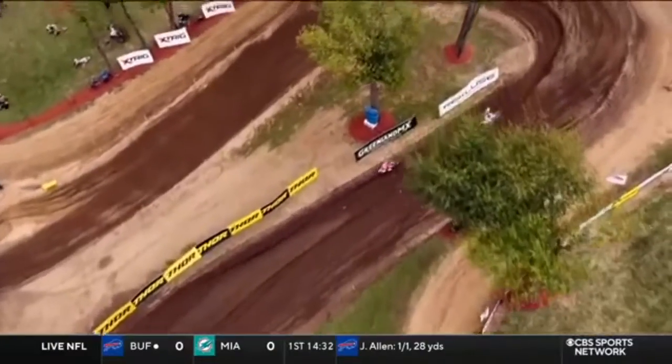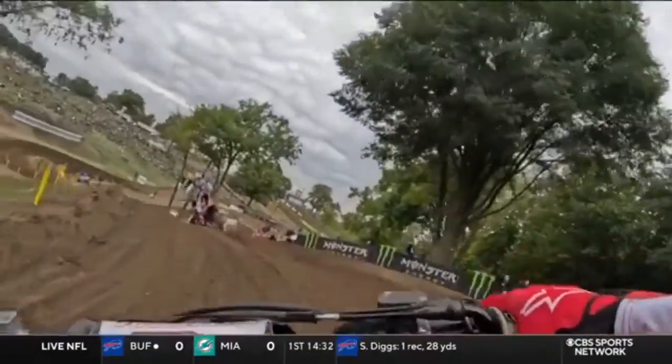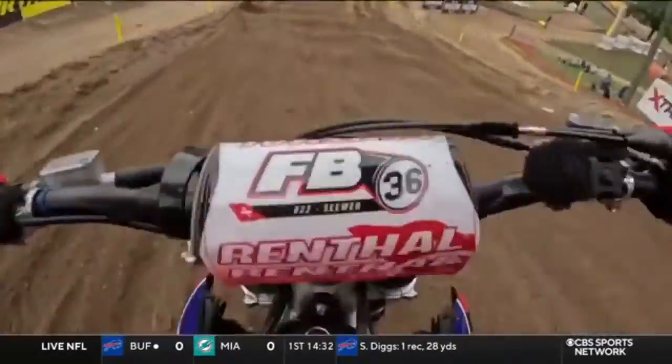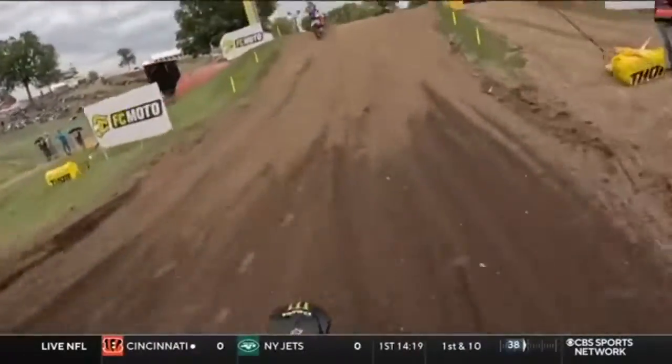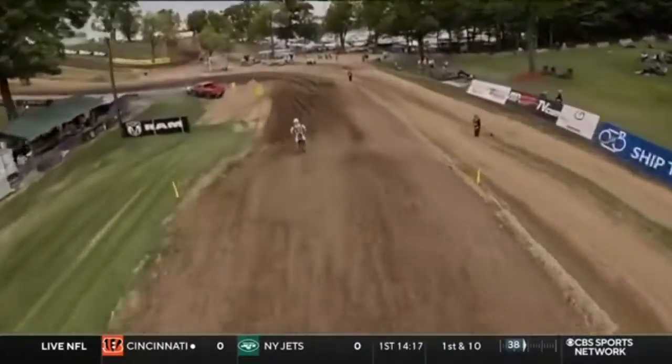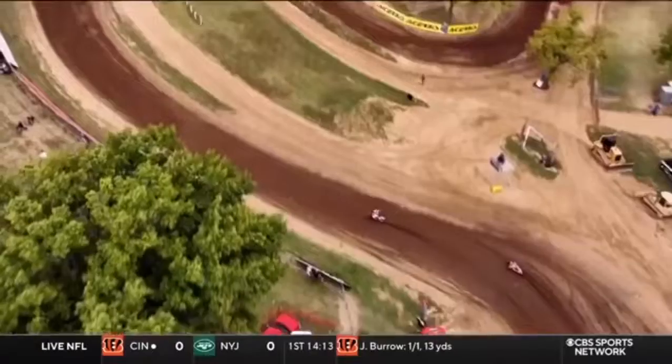Yeah, and right here is a section you're going to see some passing, but coming down that hill, you're going to see a lot of ruts from the moisture today. And you get into these switchback sections where guys are going to try to get aggressive on these insides. You see the man-made inside and outside artificial lines to try to create passing. So over the FC Moto tabletop then, and then as we go left, we head up right into the fan